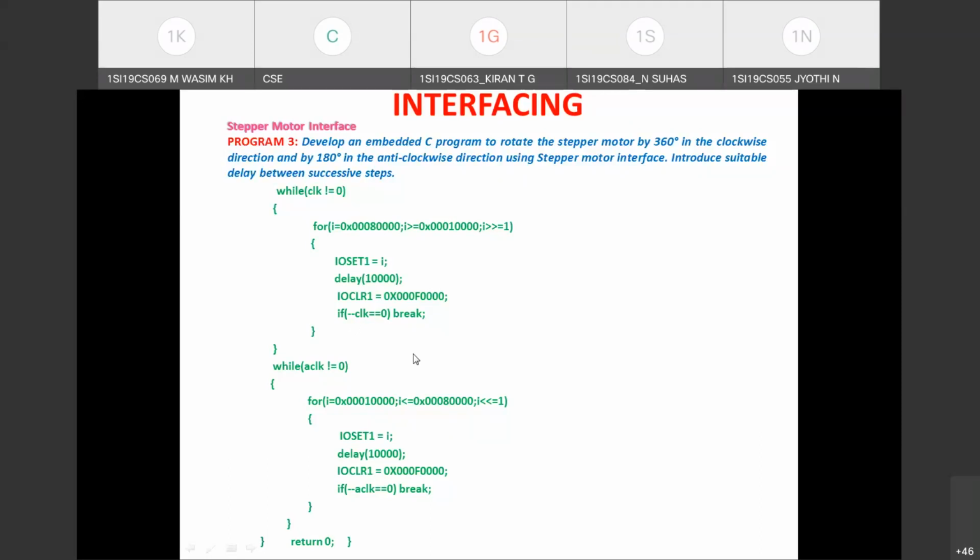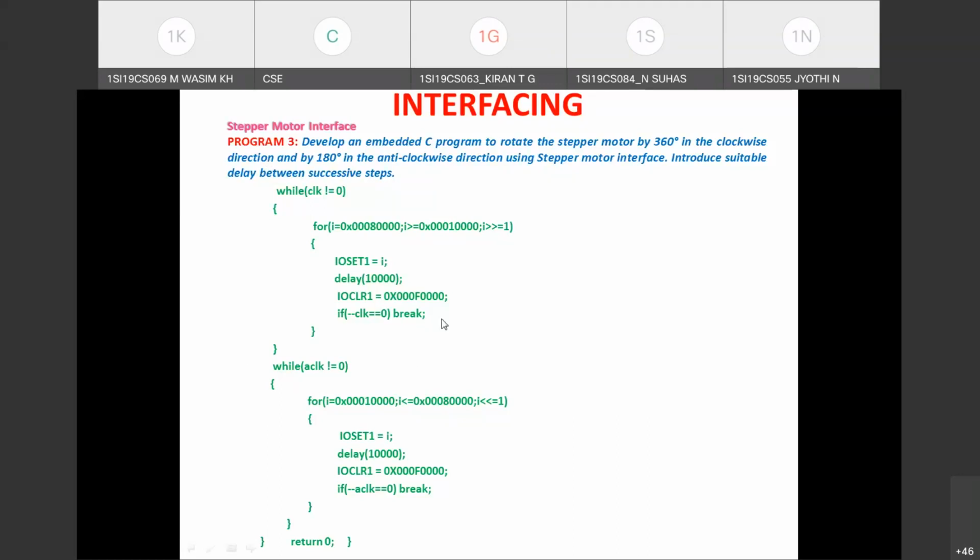So these are the 3 possible questions you can expect on stepper motor. It's very simple. Just write that interface diagram and the points to be written. I'll share it, and you can easily go through. Out of these 3 questions, 2 are your lab syllabus programs. One is to rotate the motor in clockwise direction, the other to rotate in anti-clockwise direction. The angle of rotation is not specified in the question; infinitely we will be rotating the motor in clockwise or anti-clockwise. So these are the 2 programs in your lab syllabus, that is the 2nd and 7th program. The 2nd program rotates the motor clockwise, and the 7th program rotates the motor anti-clockwise.